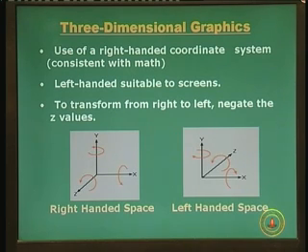Okay. So, assume you can visualize the two different coordinate systems. You can take any one of them, but you should be consistent with the mathematics you are using, the transformations. So, possibly the right-handed coordinate system is very natural. If you feel that is very natural to you, you can use that.